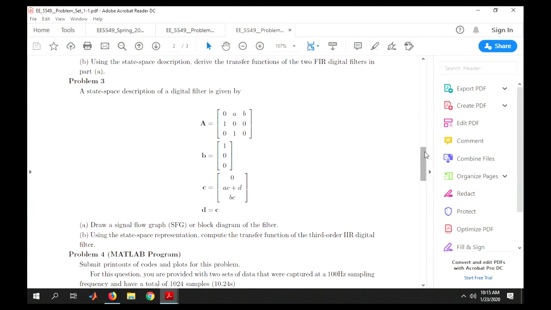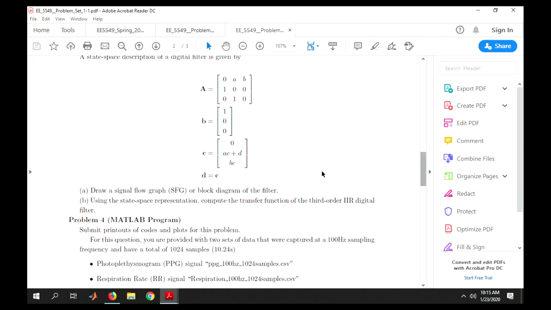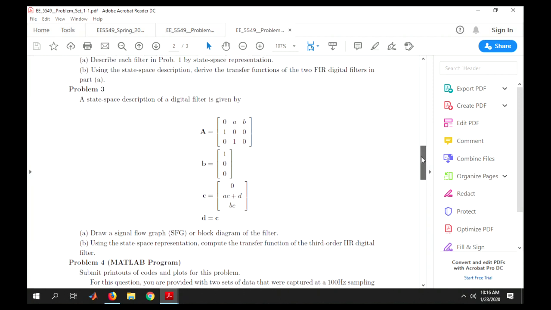Alright. So, from the ABCD, draw the block diagram or the signal flow graph, it does not really matter, and then using this ABCD compute the transfer function. So, again you will need to do a 3 by 3 matrix inverse. I will get to problem 4, but before I get to that, let me briefly spend a little time talking about this term here, signal flow graph, and how that relates to block diagrams, and then we'll get to the next topic after that.